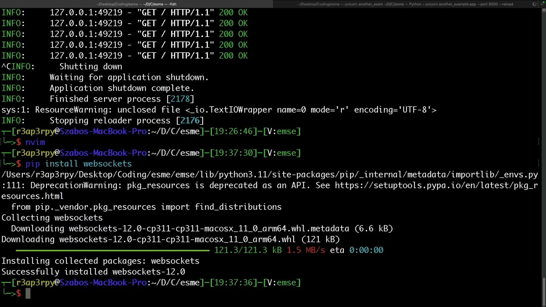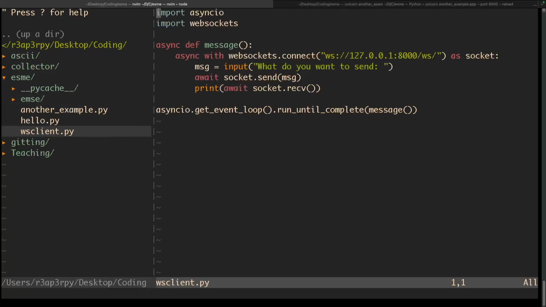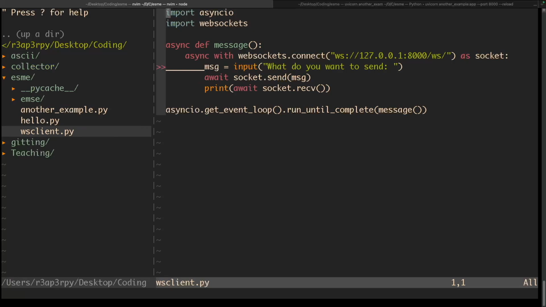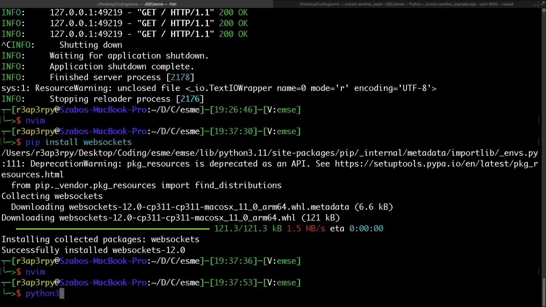All right, and now let's go back to NeoVim, the WebSocket client, and it should run. So Python 3 client,